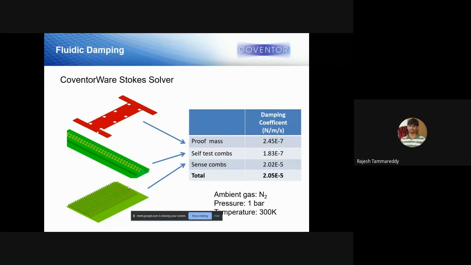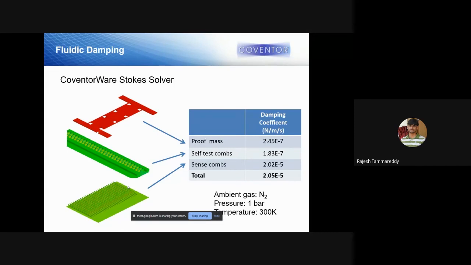And the second one, as I told you, is the damping, which plays a major role here. If there is a plate below and the mass is moving with reference to the plate, you might have squeeze film damping between the combs. You will have slide damping under the mass, and you will also have Stokes flow.